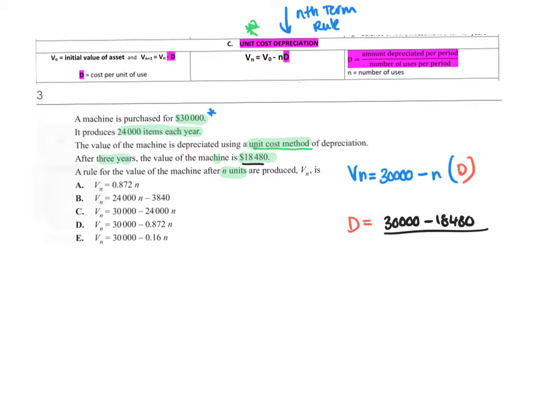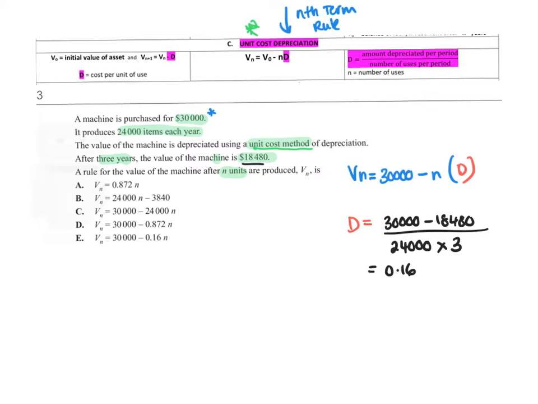And then it says divided by the number of users. So it's users 24,000, but for every year. So there's been 3 years. So I'll go do that here. So we worked out that was 0.16. So it depreciates for every use 16